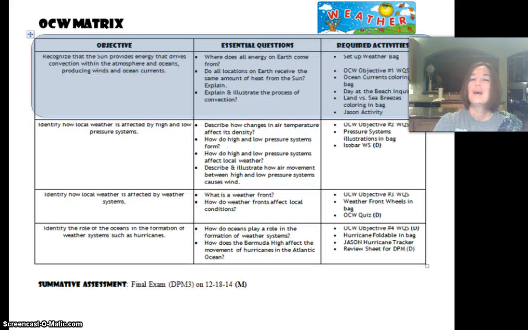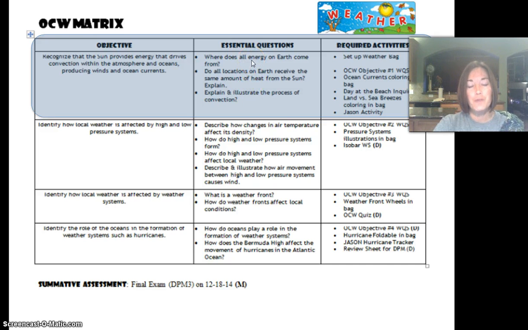Here we go. Your OCW matrix was passed out in class. If you take a look at it, you'll see that our objective today is to recognize that the sun provides energy that drives convection within the atmosphere and ocean, so within the air and within the water on Earth, producing winds and ocean currents. The essential questions that you will be answering on today's WICS is, where does all energy